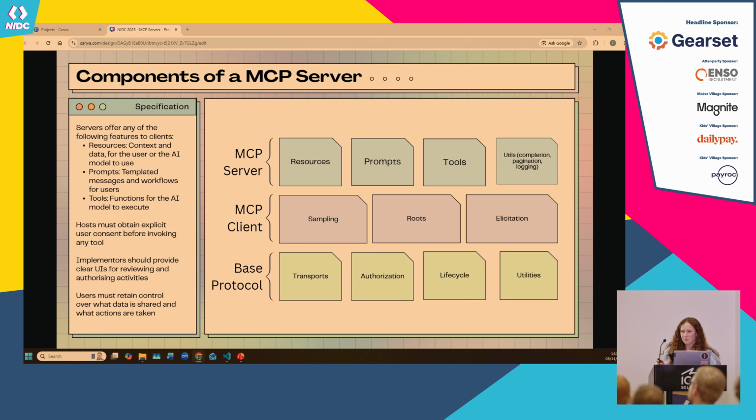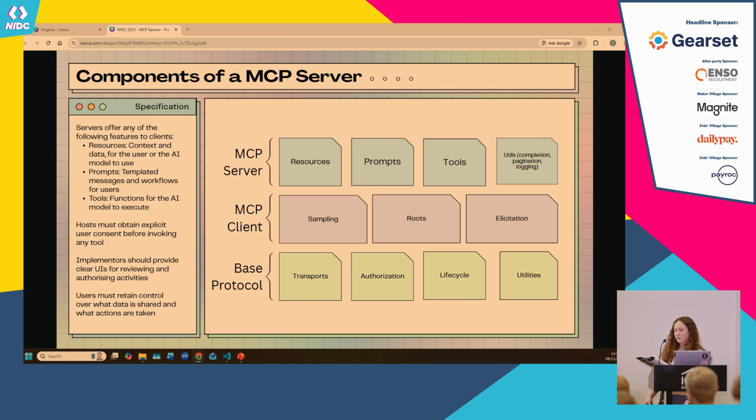So this will be the slide with the most text on it, probably. This is all the components that actually make up the MCP specification. At the base layer, we've got the core protocol. And the two bits when you're building an MCP server that you really need to think about are the transports and the authorization. If your MCP server runs locally on your machine, like the AWS API MCP server, for example,